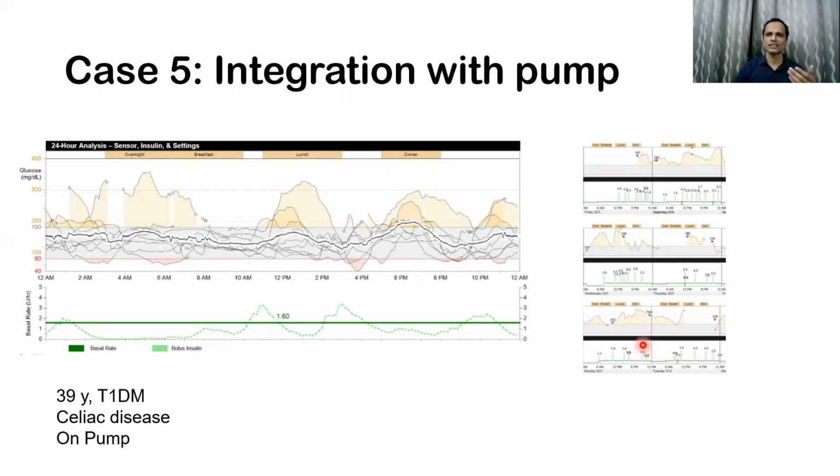Either it suggests that there are problems with insulin carb calculations, or it might also suggest inadequate basal in the daytime. So this is how CGM can be helpful in better management of